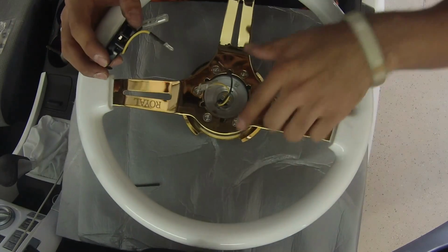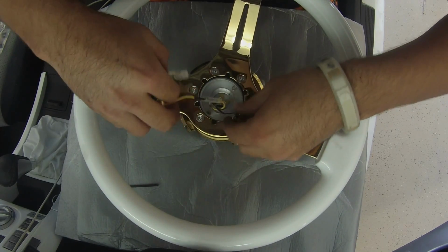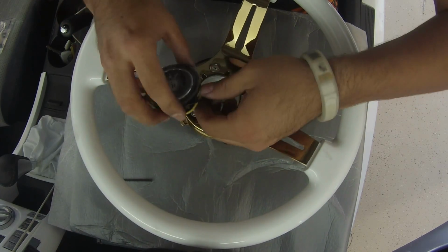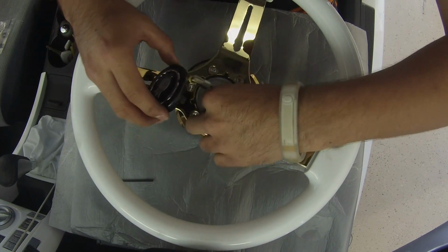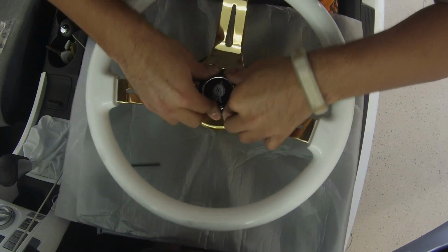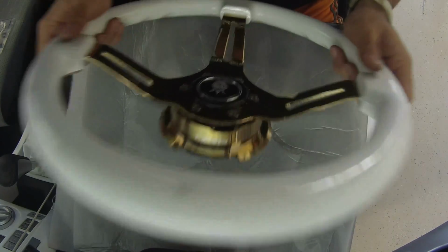And once you've finished putting all the bolts in, you can already plug in the horn. And just like that,